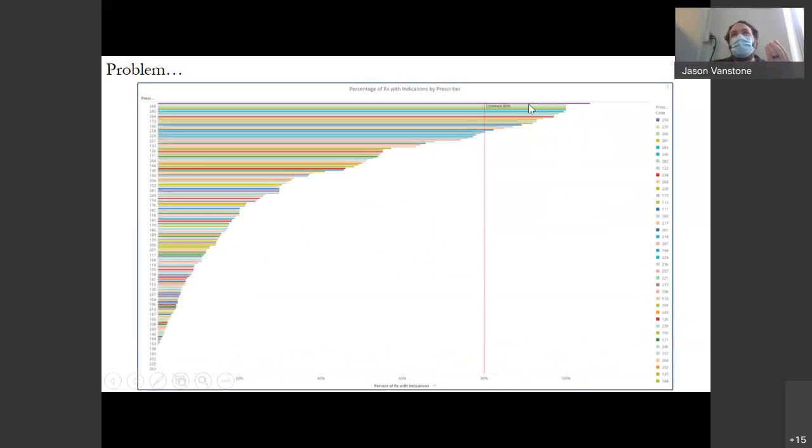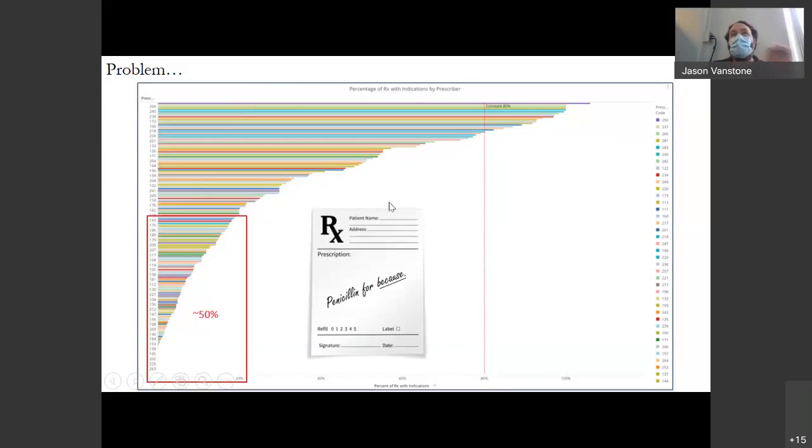And it's something that was not the same across the group. So here is showing, again, each individual provider, but showing their percentage of prescriptions. And we gave them this target of like 80%. If you give us at least 80% of your prescriptions with indications, we can start to do something useful with that data. So you can see that there were some people who were already performing well and had 80, 90, 100% of their prescriptions having indications. And you can see that there were a large majority of people who had lots of room for improvement. And in fact, half of the prescribers had less than 20% of their prescriptions with an indication, which means their data are almost useless when it comes to trying to determine appropriateness, because we really don't know what they're prescribing for.